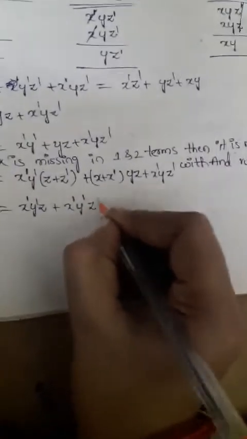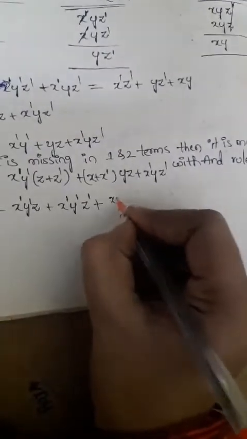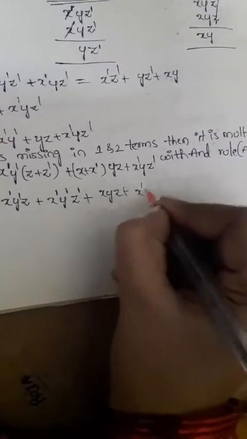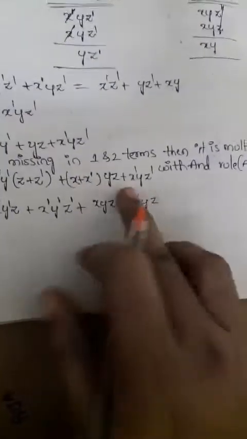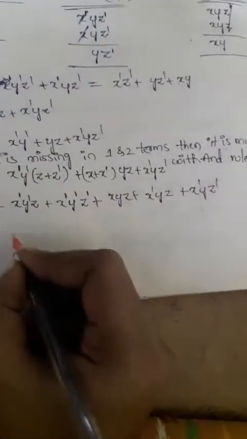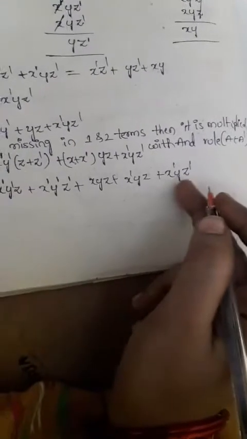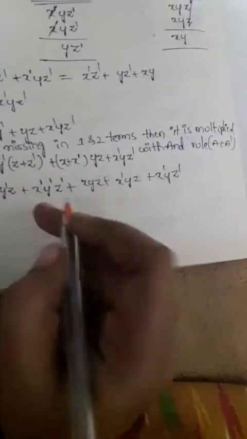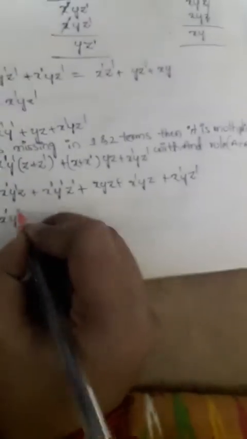So now simplify this term. So x complement y complement z complement. Here also x y z plus x complement y z. You can multiply each and every variable with the term. So then we'll get x complement y z complement. So this is our final expression. If any term is repeated, just check it. X complement y complement z: it's not repeated. Directly we can take it.